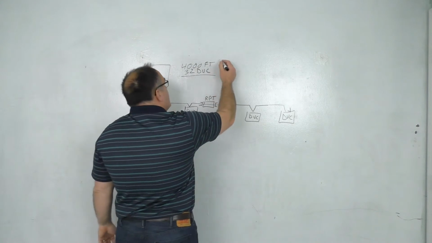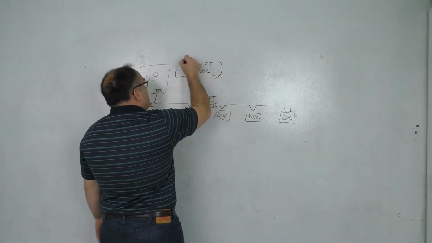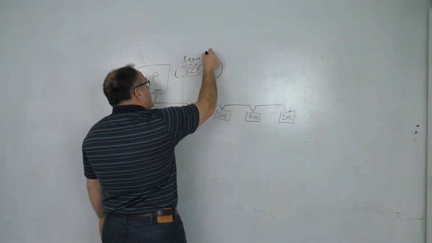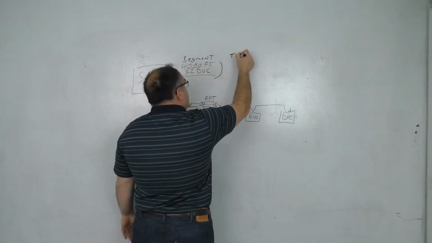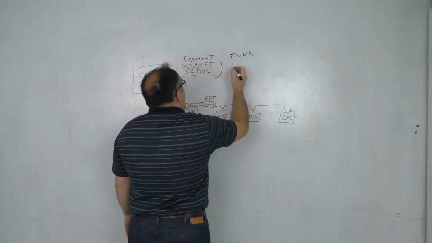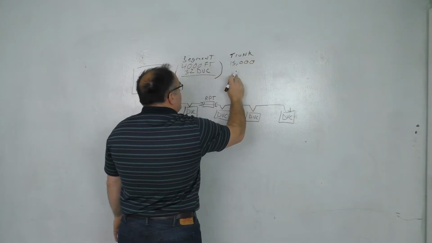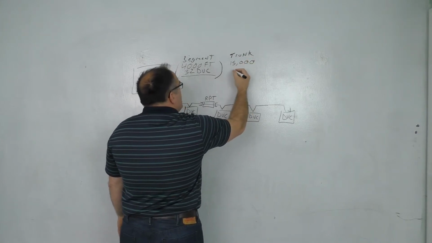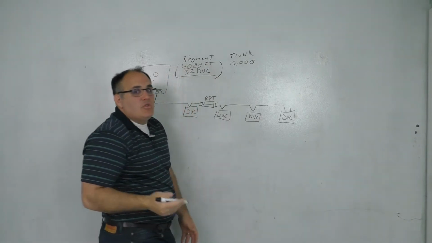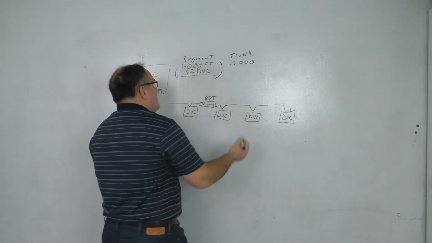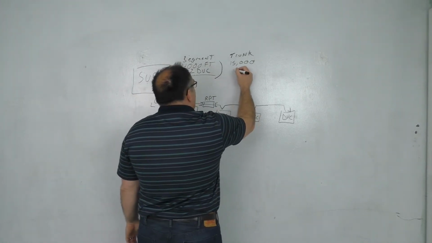So this would be our segment limitations, and then our trunk limitations are going to be 1,500 feet and, technically you could do 256 devices, but in reality, we're normally somewhere between